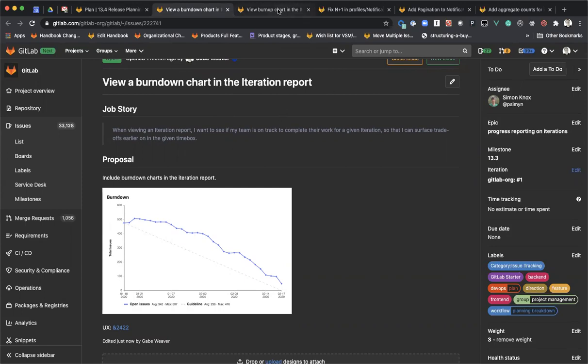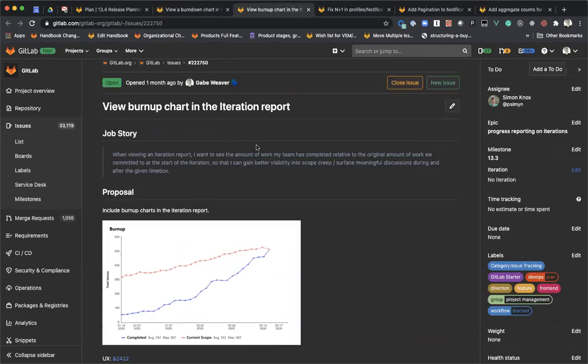And similar to that, but slightly different, is the burn up chart. And this is different in that it helps you track and understand how your scope changes throughout a given iteration. So you can see if scope creeps, this red line right here would be scope added during the course of an iteration, where your blue line is your scope completed. Ideally in the iteration, they'll meet at the end,